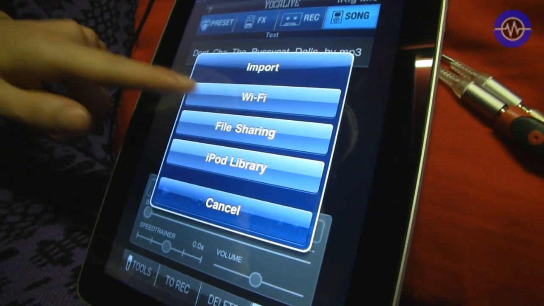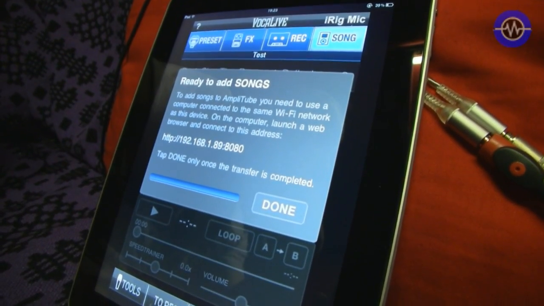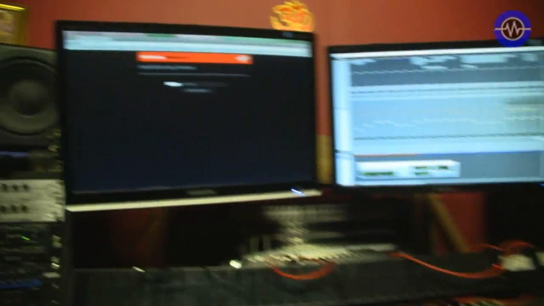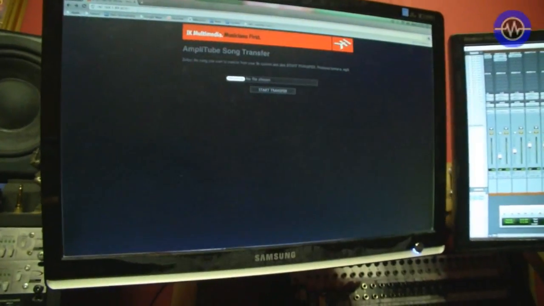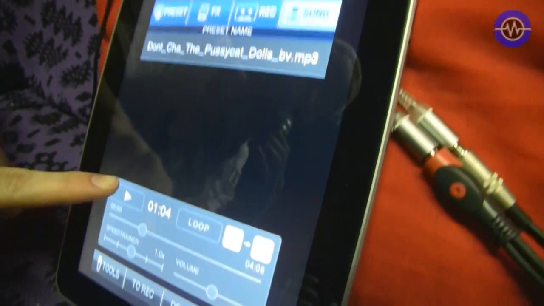If we go up to Wi-Fi here, it gives you an IP address that you can then use your home network to connect to the iPad. If you look here on the Studio Mac screen, we've entered the IP address, and then we transferred a backing track for Pussycat Dolls' Don't Cha, which I will now demonstrate for you. We've got the file name of the track that we've imported. If I start playing the track,